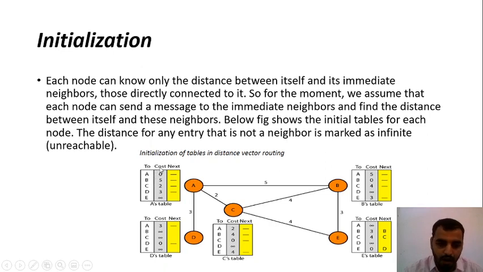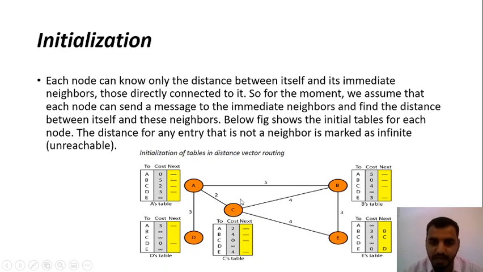Now, from router A to B, what is the cost? The cost is 5. In the same way, the cost from A to C is 2, so we have written 2 here. The cost from A to D is 3, so we have written 3. And the cost from A to E? There is no direct connection from A to E, so we write it as infinite. Why? Because there is no direct route connection between A and E, that is the reason we write A to E as infinite.